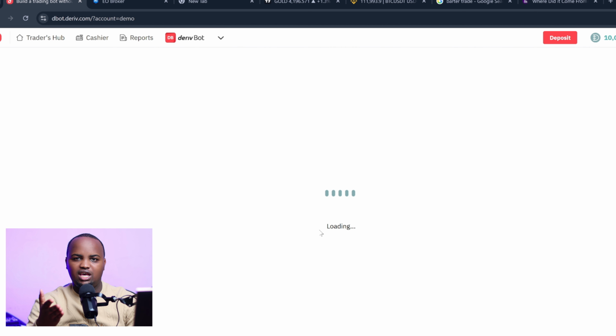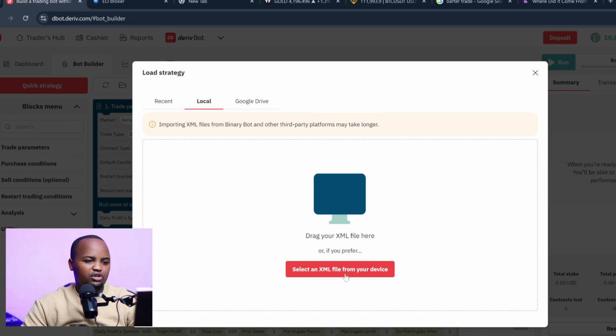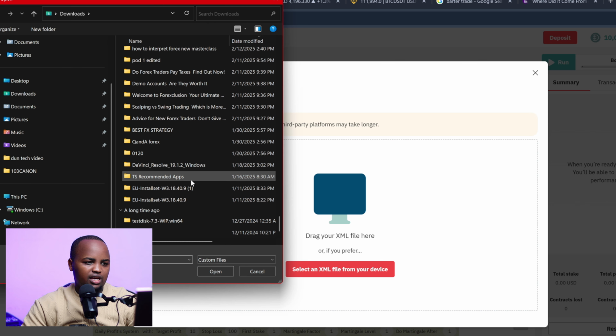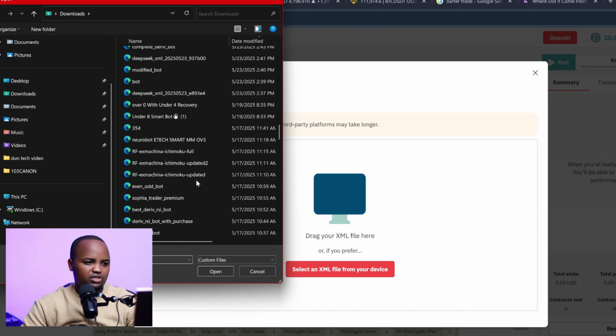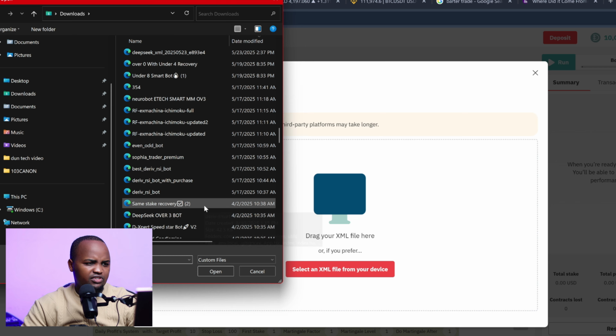For example, on digits, some people are actually going to select even and odd. Let me give you an example for this one. So, okay, assume now I import a bot. Let me import a bot here. Okay, let's import a bot. I don't know which bot I can import here. Let me select. I have thousands of them.